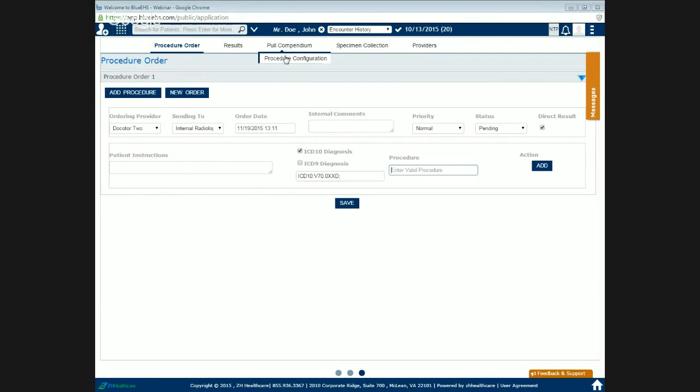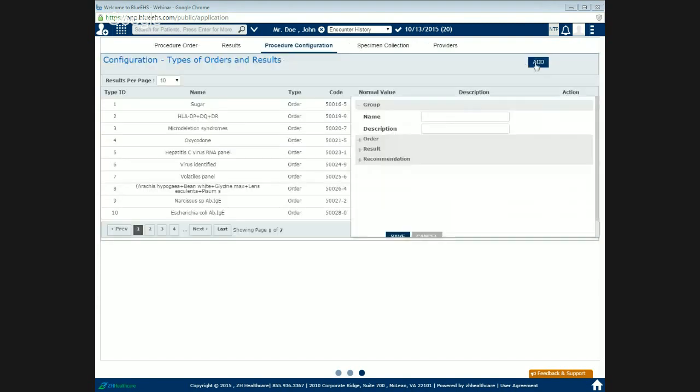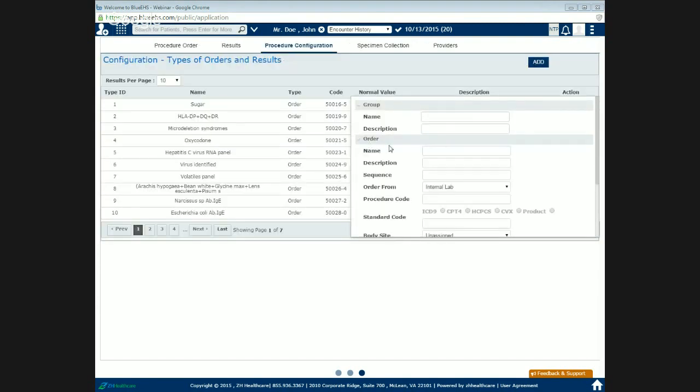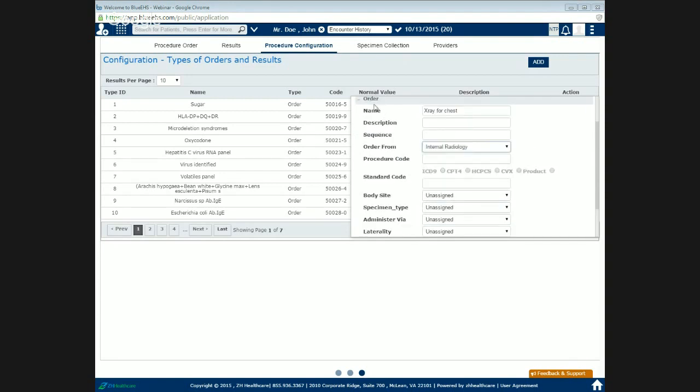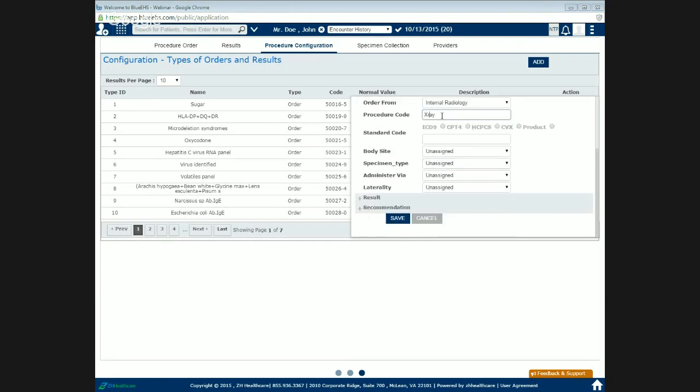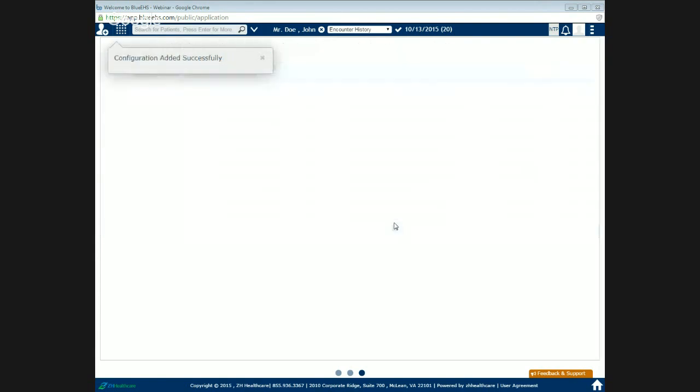So I'm going to go back into the procedure configuration. I'm going to click add, and I'm going to add an order and say X-ray for chest. And I'm going to put it as internal radiology order form under order, and I'm going to put it as X-ray. I'm going to just put the code as 1. Again, this is the first radiology order. You can have a numerical code or any sort of code. So I just save it, and X-ray becomes a part of my